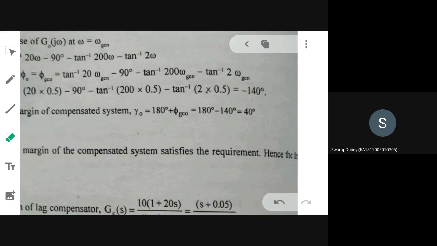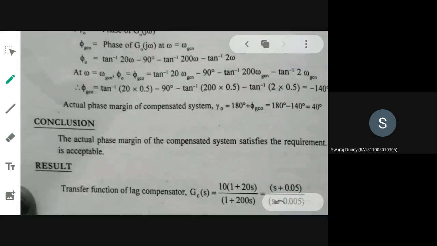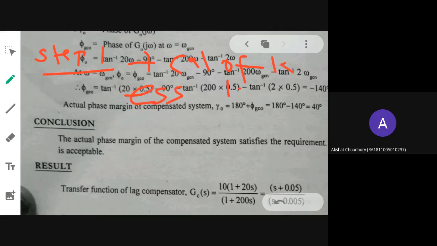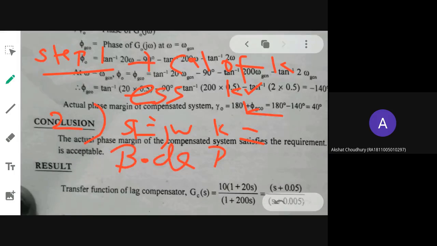What type of compensator have you designed? Lag compensator. So what are the various steps that are involved? Step number one, you tell me, apart from Swaraj and Akshat and others, what is your first step? Calculation of compensated gain K of the system. They would have given ESS and KV. From that, you need to determine K. Then step two, you need to substitute s equal to j omega, K equal to that value, and you have to draw the Bode plot by adopting the usual procedure for the uncompensated system. That is your step two.